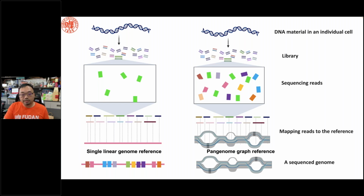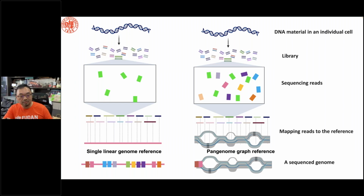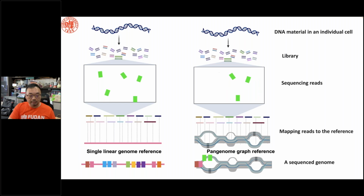We sequence our libraries and we try to map those sequenced arrays back to our reference, but now we have a Pangenome graph reference like this, right? A Pangenome graph reference means we have multiple linear, entangled and very complex graphs representing the human genome diversities of the majority of the population samples. So the probability that we capture those sequenced arrays is much higher than with linear genome references,